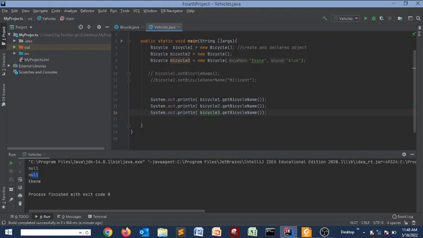You commented the set method when you're assigning to bicycle 1, and you also commented when you're assigning millicents to bicycle 2. Since you commented it out, that means the program should not run those, because the program cannot run anything that is a comment. Remember I said it's now day 11. That's why when you now said okay, I get the bicycle name for bicycle 1 and for bicycle 2, it